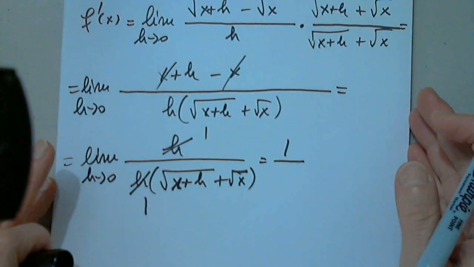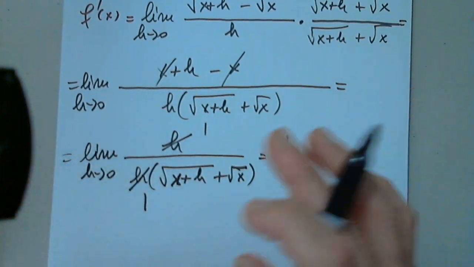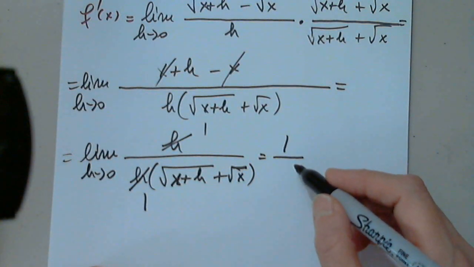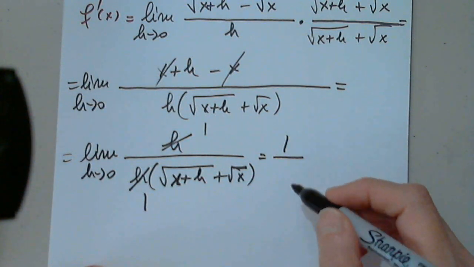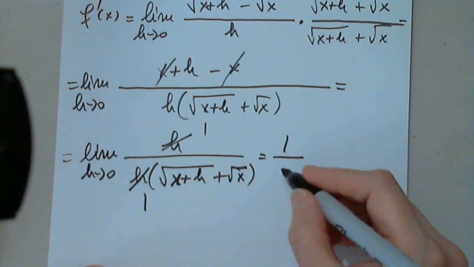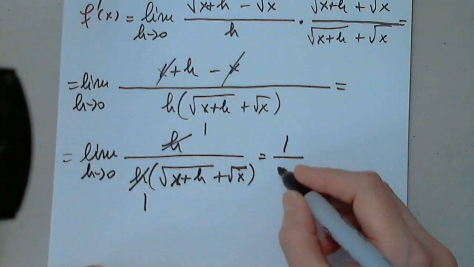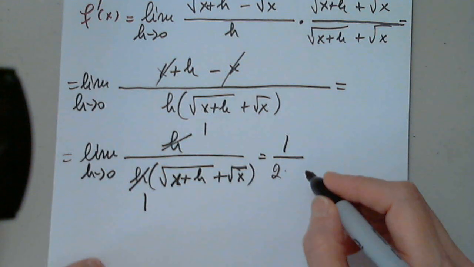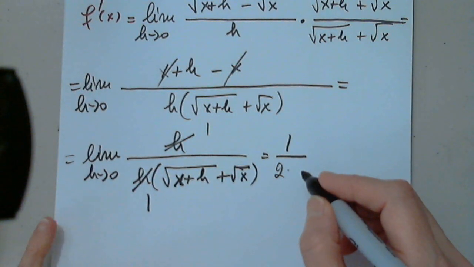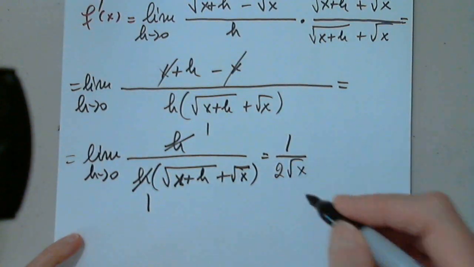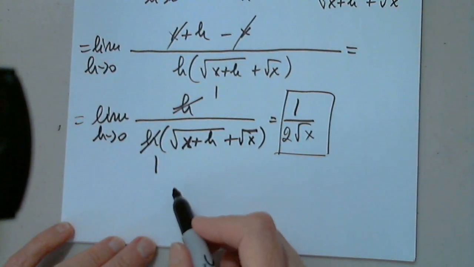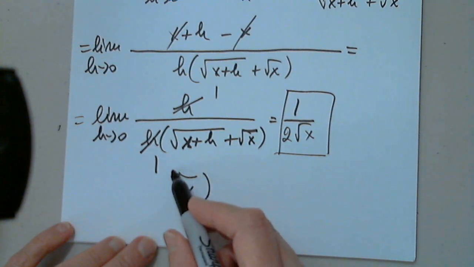The square root of x plus h plus the square root of x. We are applying the limit at this point. Would it be the square root of x plus the square root of x? And how much is an apple plus an apple? Square root of 2x? How much is an apple plus an apple? It's 2 times the square root of x. That's it. Awesome. So from now on, we have to carve in stone that the derivative of the square root of x